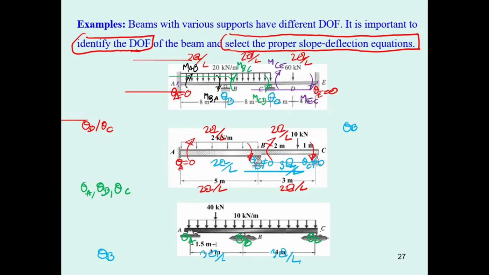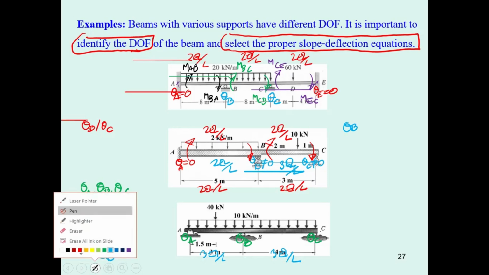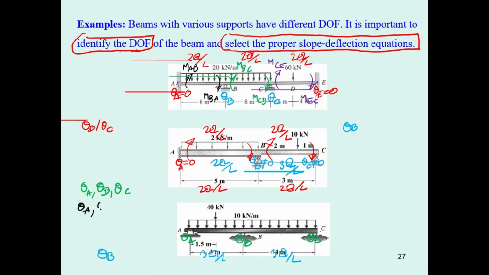They are different. If Ajahn said he would like to have theta sub A and theta sub B only, two out of the three, then you will have 2EI over L and then 3EI over L for this case. This is going to be the third type of question. Now Ajahn may ask again that he would like to have theta sub B and theta sub C, so this is going to be 3EI over L and this is going to be 2EI over L. Any question?